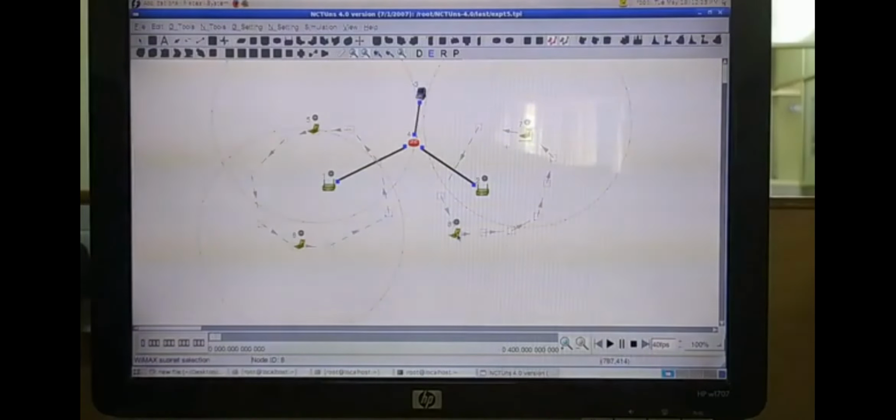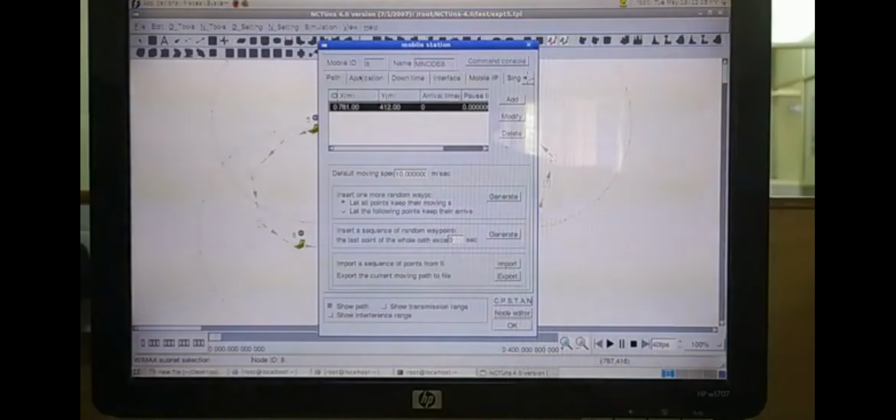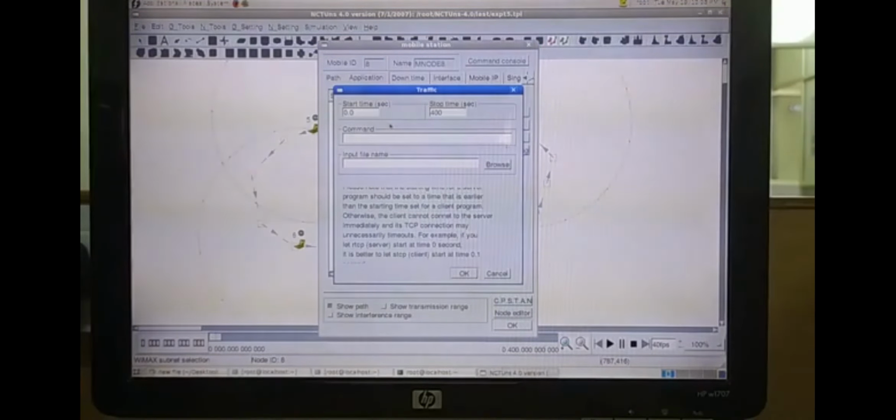Let us select the last mobile node, go to application, add, and again select the stop simulation interval as 100 seconds. The command for this is TTCP -t -u -s -p 8000.